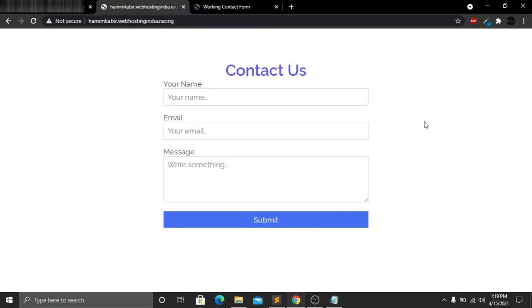So here you can see that this is my contact form. We have a heading and three sections here for the username, the email and the user message, and then we have a submit button. Now let's fill up this section. The name will be John and the email will be, let's say, john123@gmail.com, and the message will be: please guys subscribe. Guys, this message is for you. If you are new to my channel, then please subscribe, like this video and press the bell icon for future videos. So now let's click on the submit button.